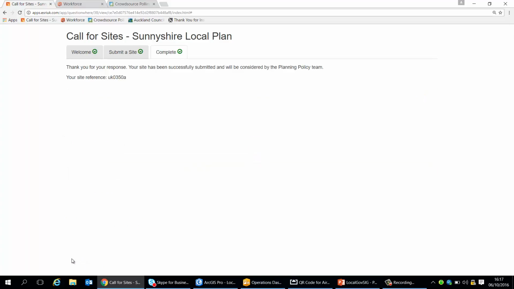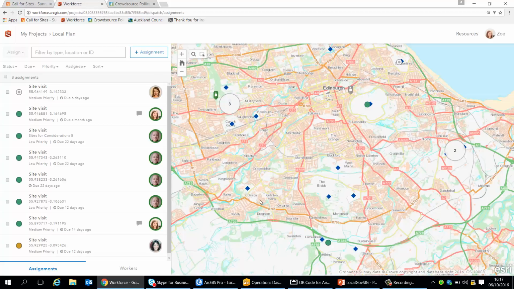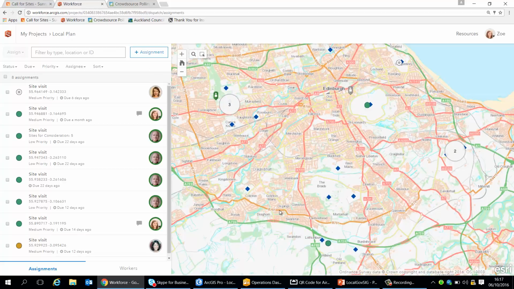Once this is submitted, our members of staff in the office want to be able to see this come in. For this, I'm going to use Workforce. So Workforce is used for fieldwork optimization. It allows you to efficiently create and assign work in the office and receive assignments and report your status whilst out in the field. It's included as part of your ArcGIS Online subscription,